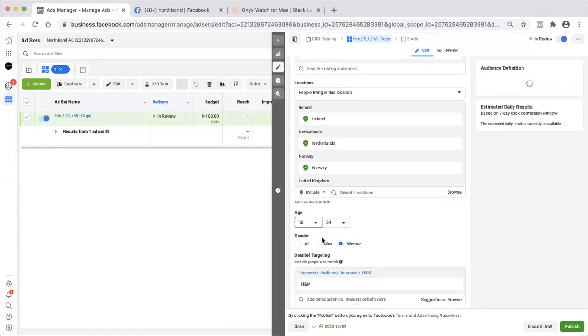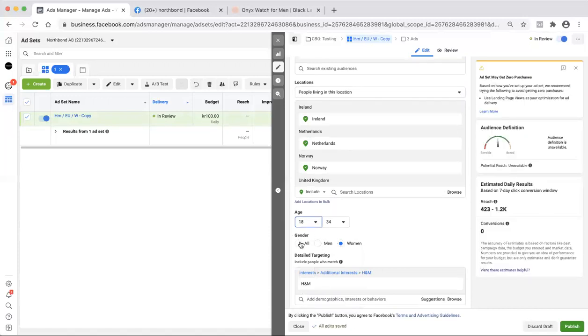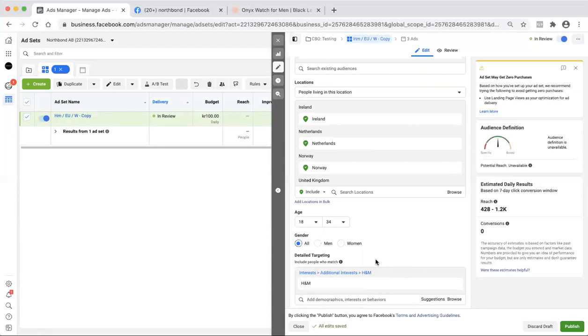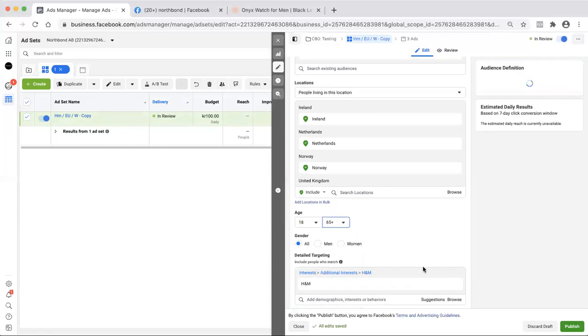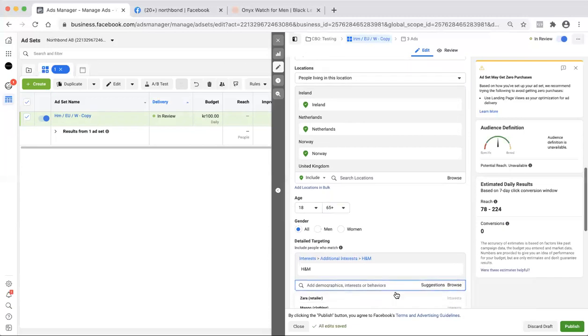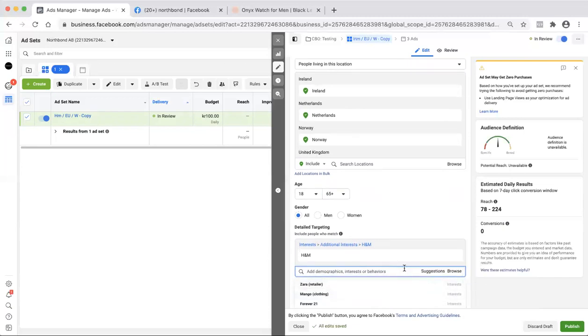Cool. Yeah, time to change. We want to go broad, and we'll go all genders, because we have men and women. And then we're going to keep it at 65 plus. We're in the holiday season. Everybody's buying right now. People are buying for brothers, sisters, mothers, children, anybody you can think of, friends, family, dogs, pets. Some people like to put watches on animals. So there's an audience for everybody, and we want to get them.